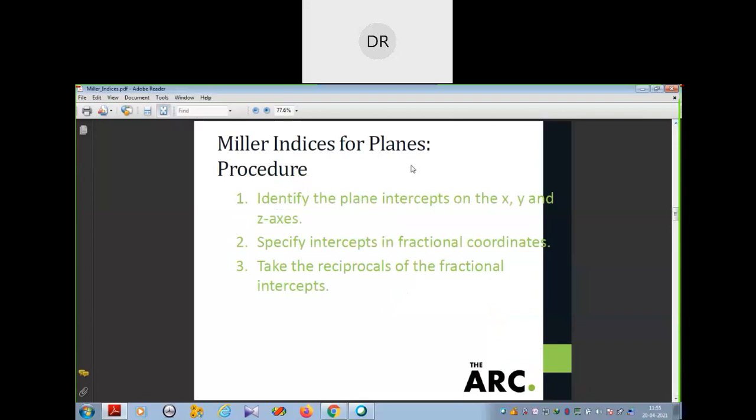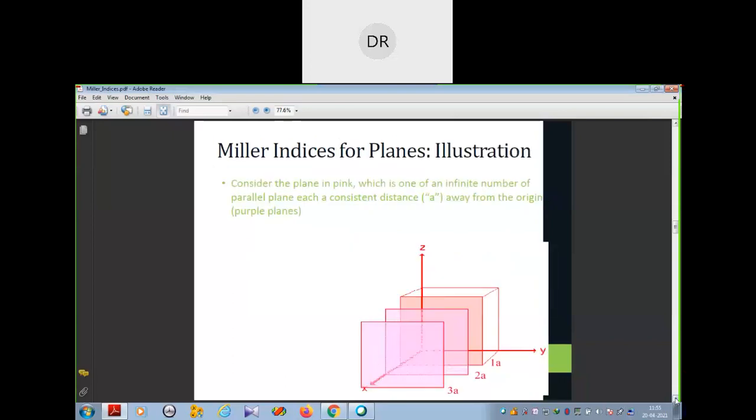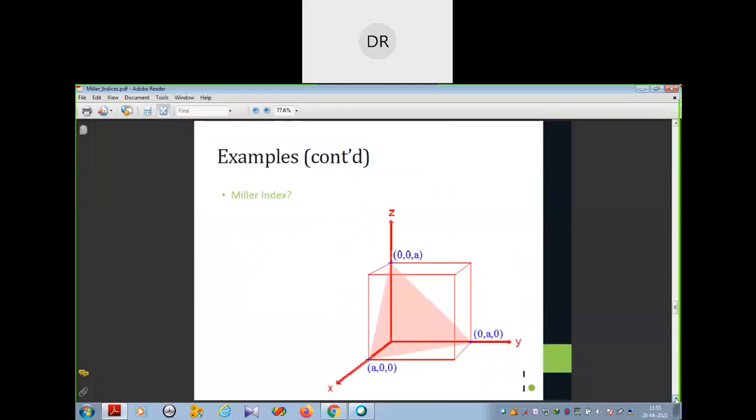First this one. This is the procedure. When there are three axes, suppose a plane cuts the three axes at three points. 1 1 1 means in the x-axis the coordinates will be 1 0 0, in the y-axis the coordinates will be 0 1 0, and in the z-axis the coordinates will be 0 0 1. That means in the three axes you got the coordinates, and if you write 1 comma 1 comma 1, you understood this one? Then this is the intercept. So I'll show in the figure, then it will be better for you.